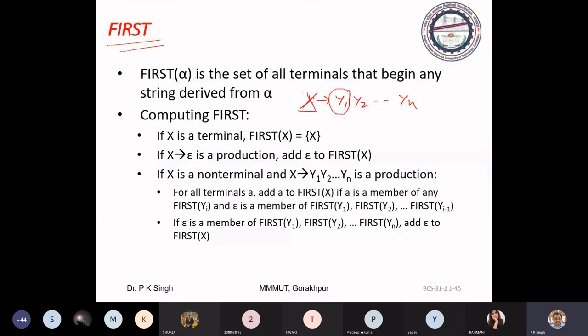But if y1 may be reduced to epsilon, meaning first of y1 contains epsilon, then first of x also contains all the symbols of first of y2.